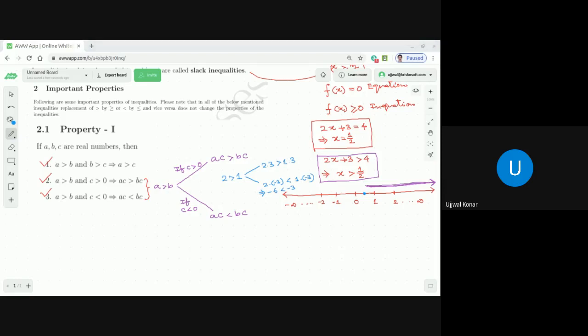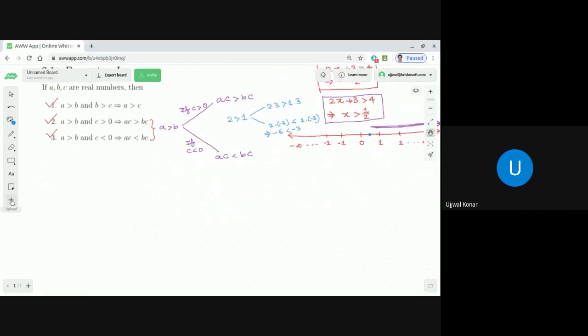Now, let me go to the next two important properties. All these properties are very important, and especially the corner cases. Corner cases means, you know what? I have seen a tendency that if A is greater than B, then A into C must be greater than B into C, without giving due diligence to the values of C. What kind of values it is, greater than or less than. Unless you give this due diligence to the corner cases, we will not be able to achieve the desired result. And one such example is here.